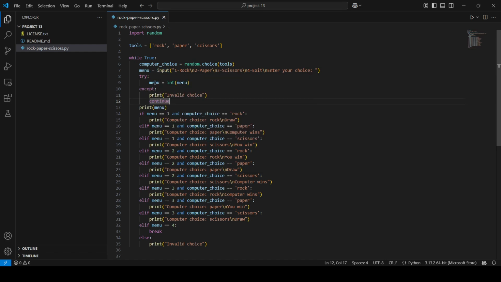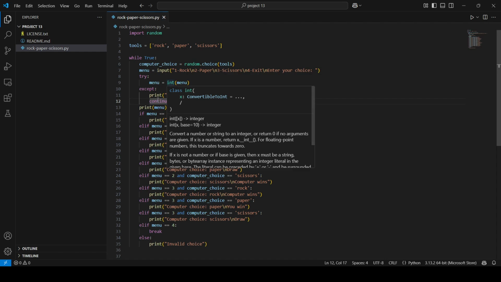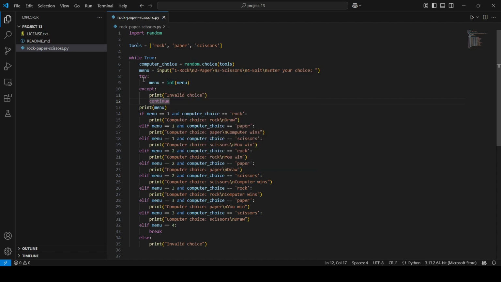Then I am getting input as a string by default because of Python, but here I am writing an integer condition, so I should turn my menu input into an integer before using it here, and I will do this with a try except block because, for example, if users enter just a space or anything like that,